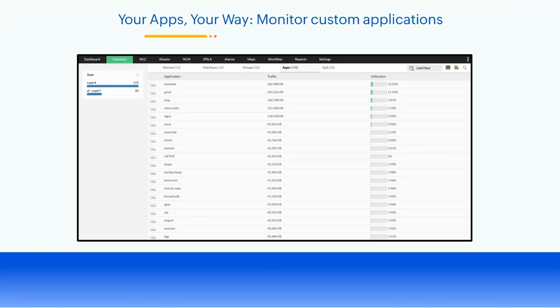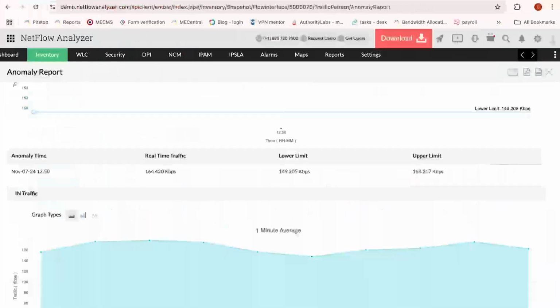We have around 11,000 plus application mappings in the product based on the IANA standard. In case there exists a unique combination of port and protocol available in your environment, then those will be displayed as unknown application, that is custom application. You can change this by clicking on